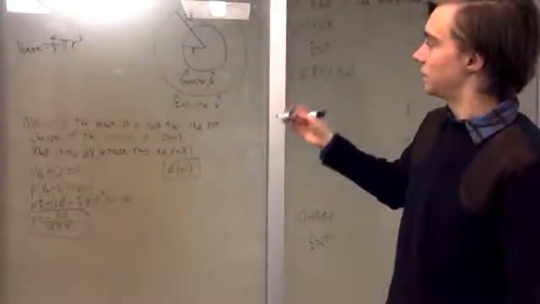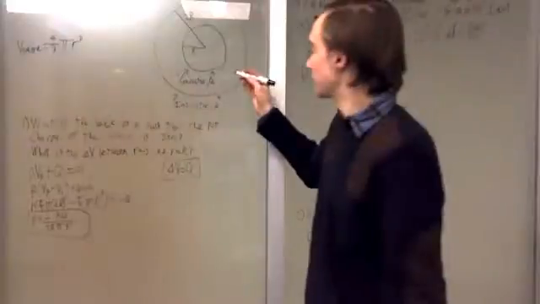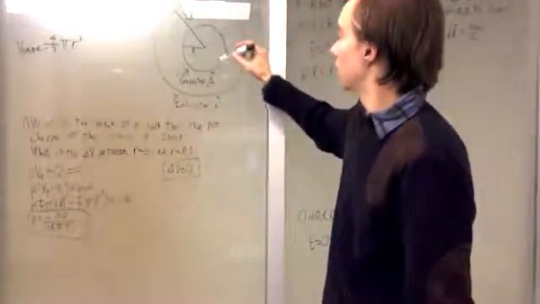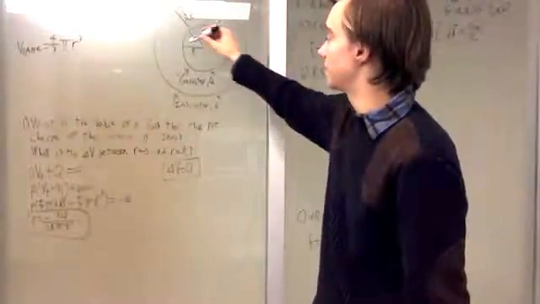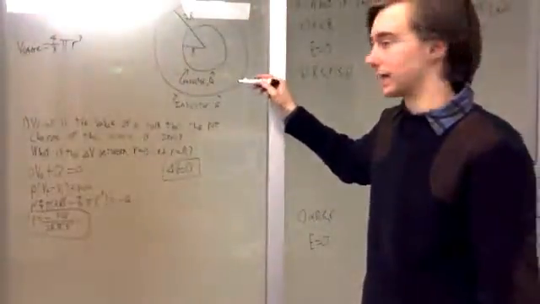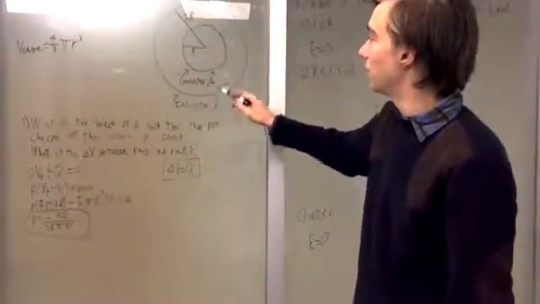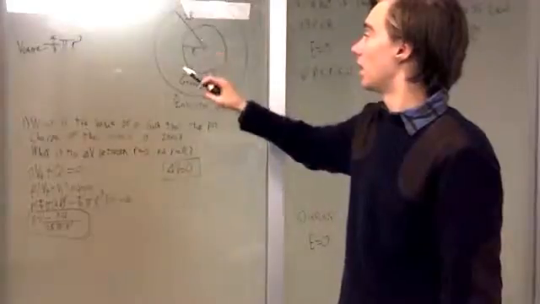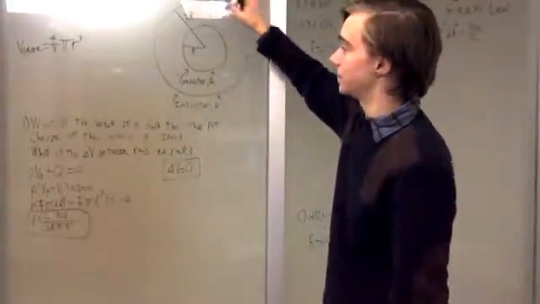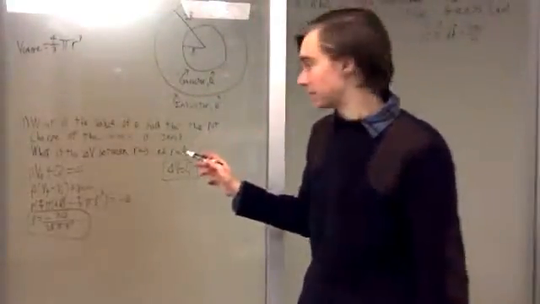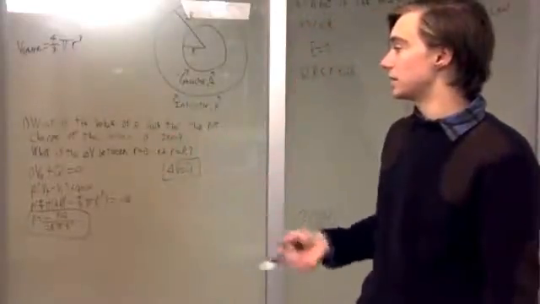This problem gives you two spheres: an inner conducting sphere carrying charge Q with radius big R, and an outer insulating sphere with charge density rho, with inner radius big R and outer radius 2 big R. The first part of this problem asks you what is the value of rho such that the net charge of